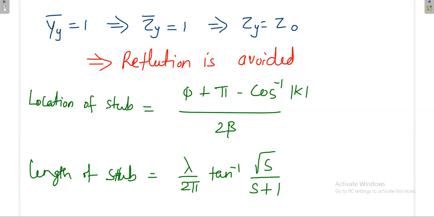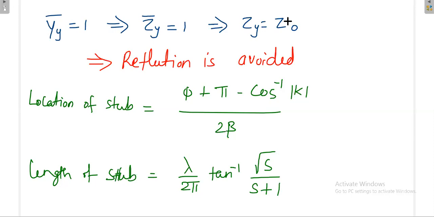Under the limiting condition, if introduction of the stub is possible, then where do I have to introduce it? What is the length of the stub? If not possible, why is it not possible, mathematically or practically? You tell me the reason tomorrow. Are you all getting my question? Can you introduce the stub if your main line itself is short circuited or open circuited, in such a way that there is no reflection? That is my question.